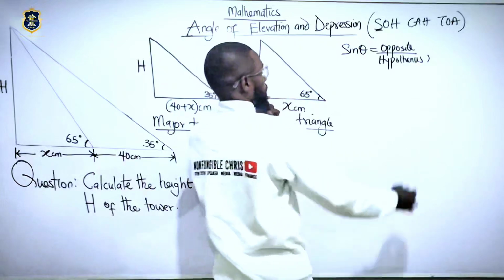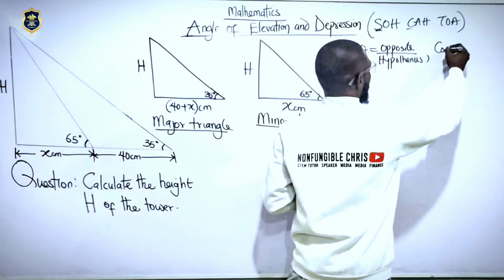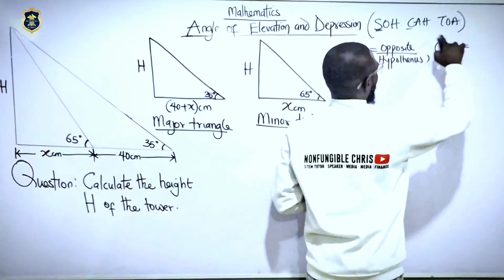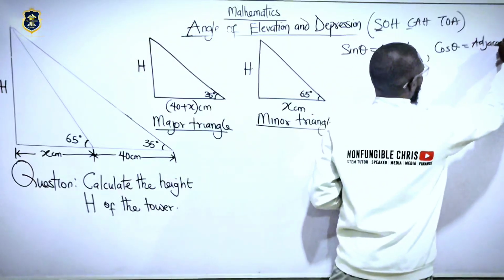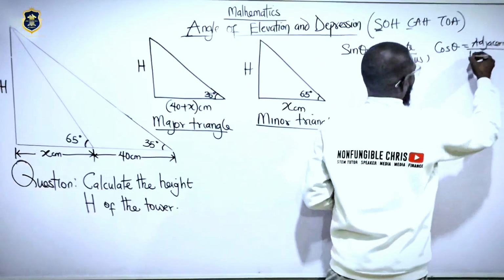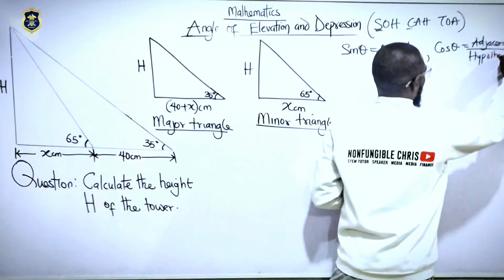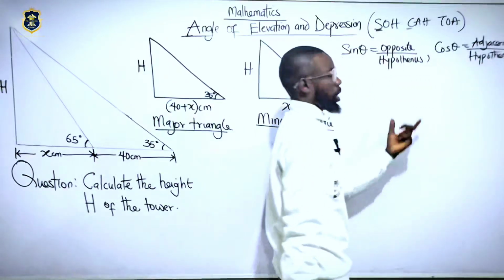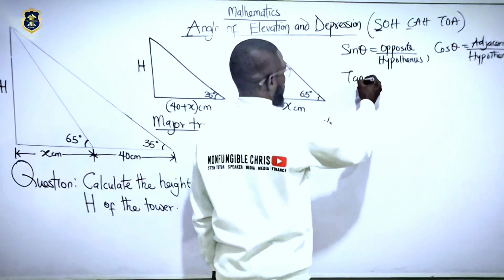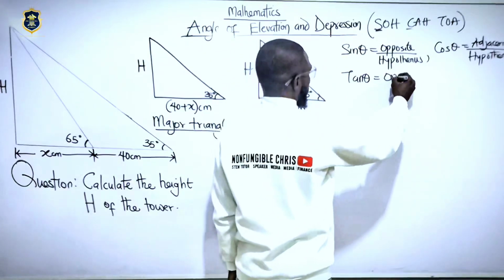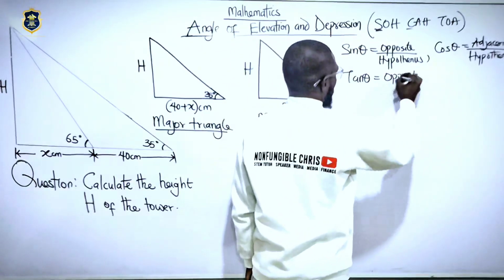The C stands for cos theta, which is adjacent over the hypotenuse. That's for the cosine. And the T stands for tan theta, which is the opposite over the